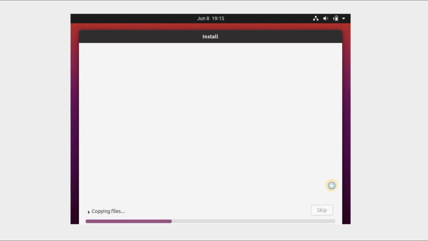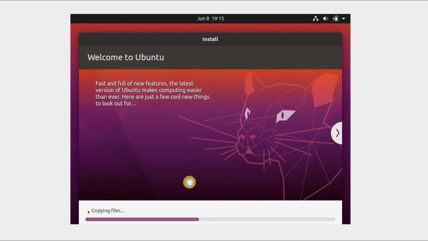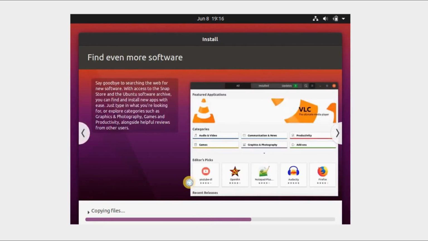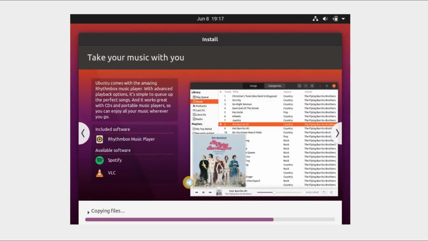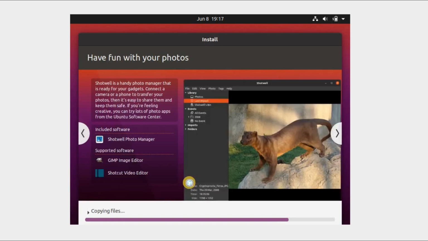Now Ubuntu will start installing on your VirtualBox. This may take some time. While waiting, Ubuntu